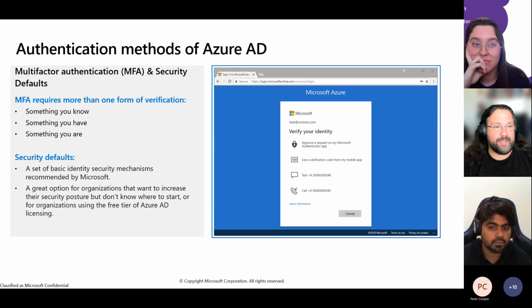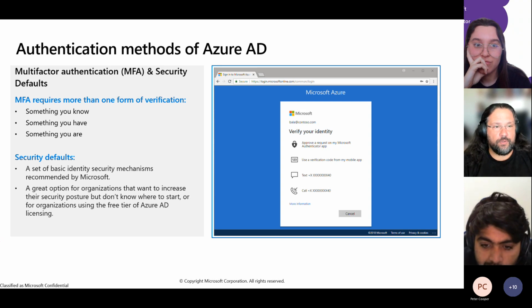And if you don't know what MFA is, I'm about to tell you. It stands for multi-factor authentication. It requires more than one form of verification. So typically you would have your username and your password. Multi-factor authentication would like you to have something which is your password, and then either something you have or something